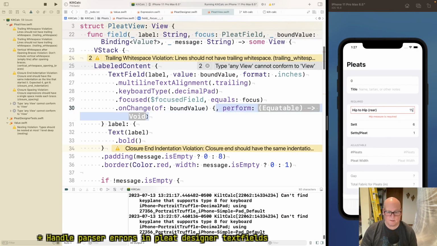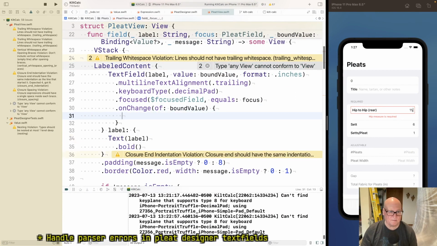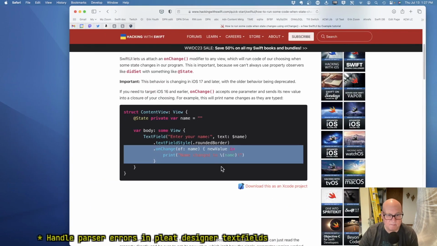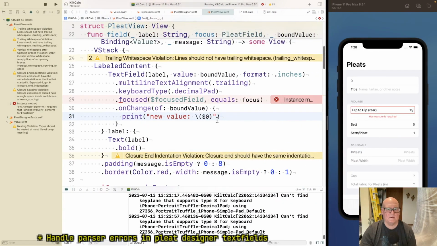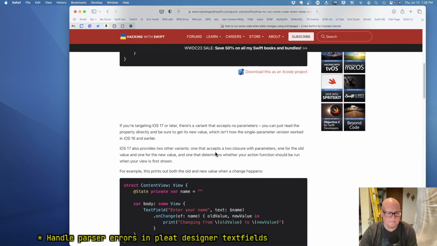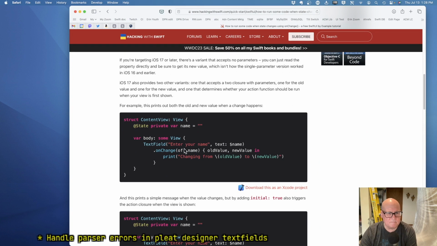We're going to perform something. Okay. All we're going to do is print new value $0. Name change to, that's the new value. Right. I think this is more what I want.